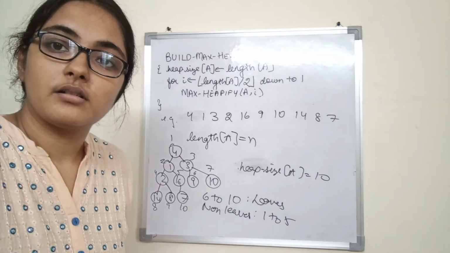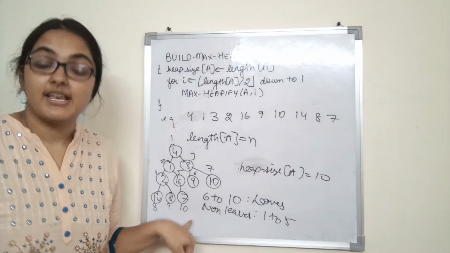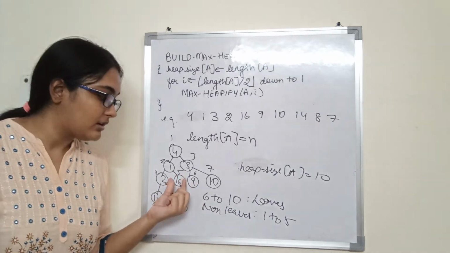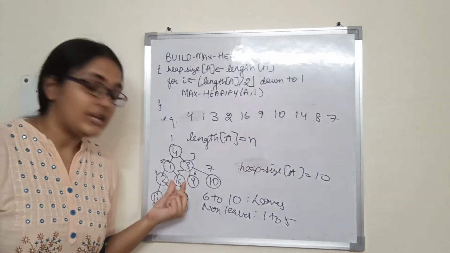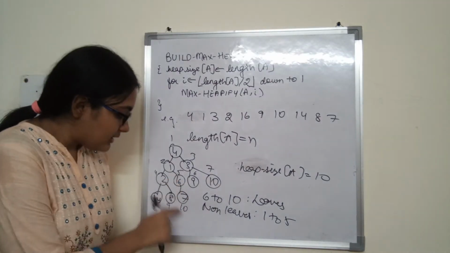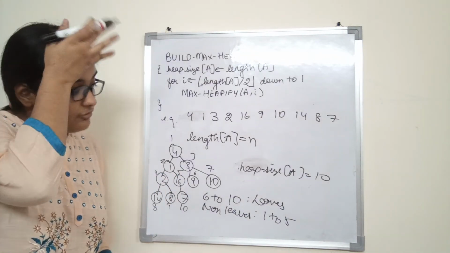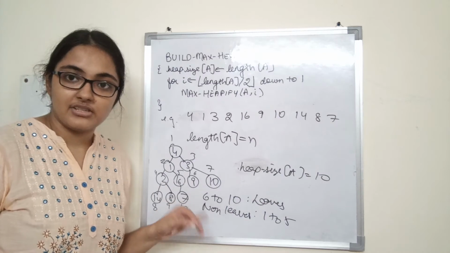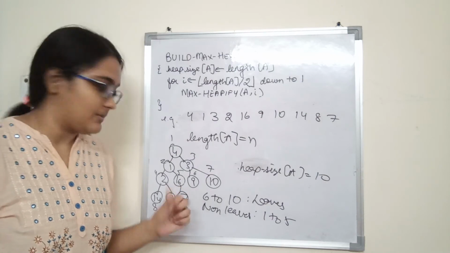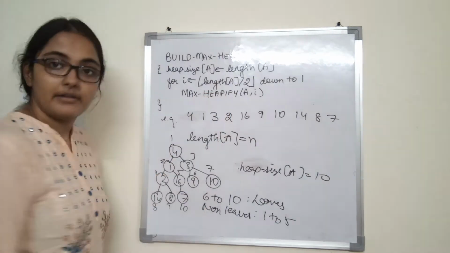Left subtree is a max heap, right subtree is a max heap, because both are leaves. So the only node which could violate the property of max heap would be the root, right? So we are calling max heapify on this. If we call max heapify, what will happen? The root itself is the maximum, so we don't need to do anything. If the root wouldn't have been the maximum, we would have to do the exchanges and accordingly call max heapify. But here the root is the maximum, so nothing needs to be done.